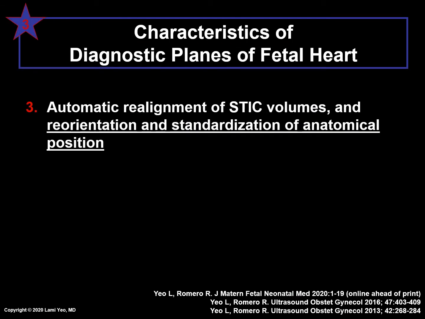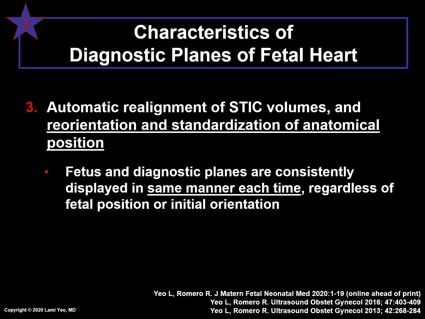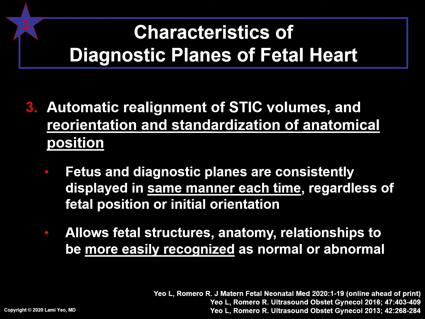Now, going back to FINE and the diagnostic planes, remember that there is automatic reorientation and standardization of the anatomical position. Specifically, the fetus and diagnostic planes are consistently displayed in the same manner each time, regardless of the fetal position or initial orientation. This allows fetal structures, anatomy, and relationships to be more easily recognized as normal or abnormal.